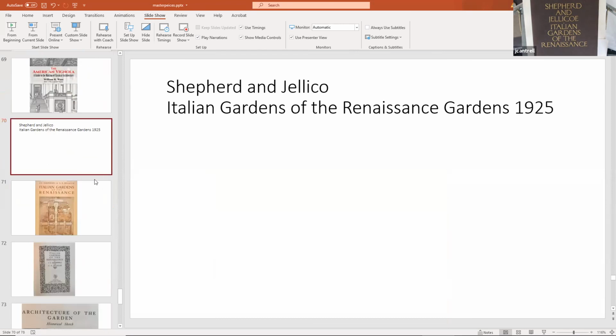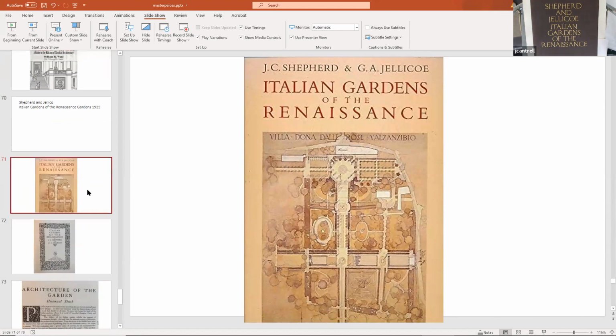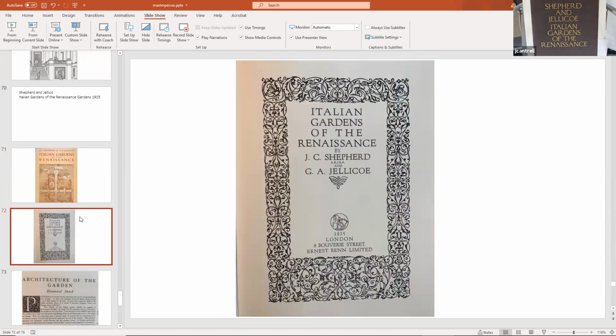But what they did was, I think it was their thesis project, and the London Association in the 20s. They actually went out to Italy and measured and drew every single really well-known Italian Renaissance garden. They looked at Villa Lante, Villa Madama, Villa Gambaraia, and they took their notes and redid these beautiful reconstruction drawings. Here's an image probably drawn either by Shepherd or Jellicoe, the frontispiece.